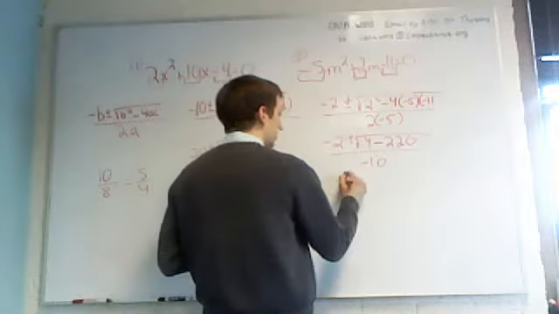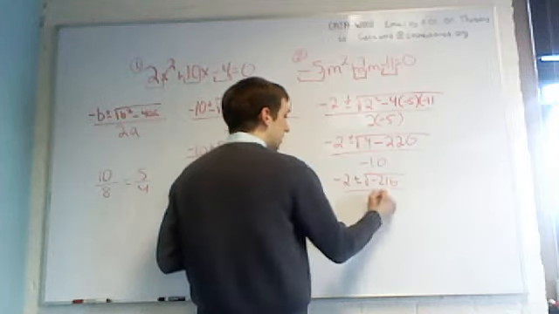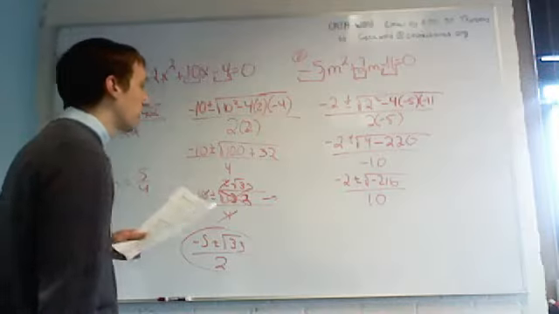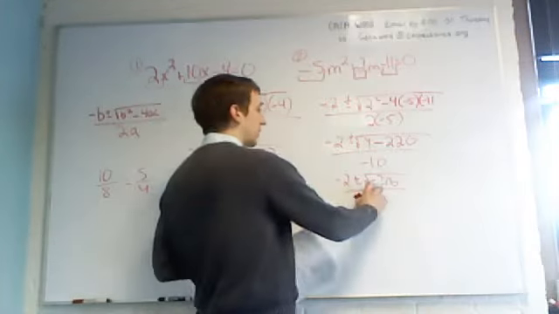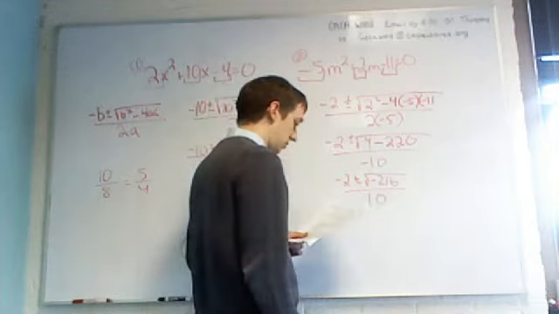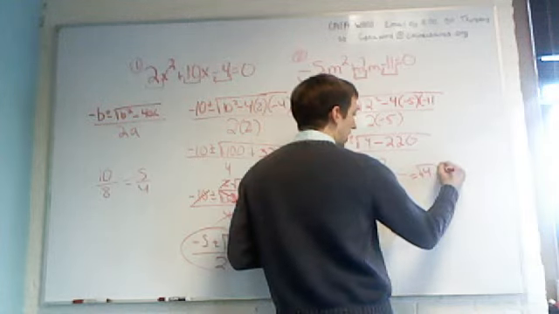And is it positive or negative? Negative. Negative 216, all over 10. You would have to be able to take 4 out of this number. Can we take 4 out of that number? Yes, because it's the square root of 4 times